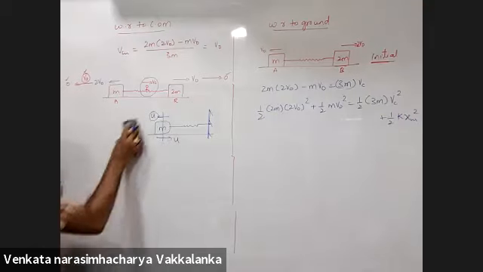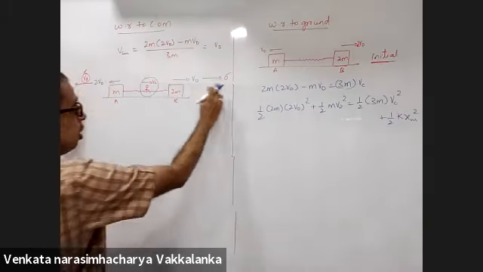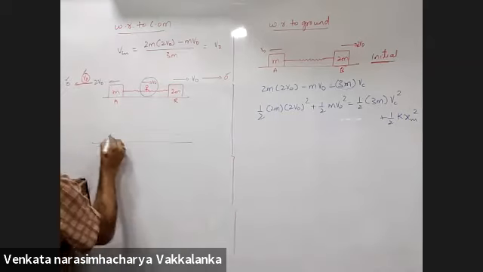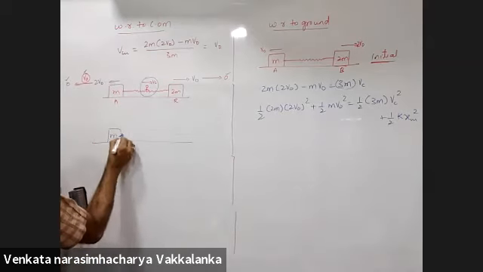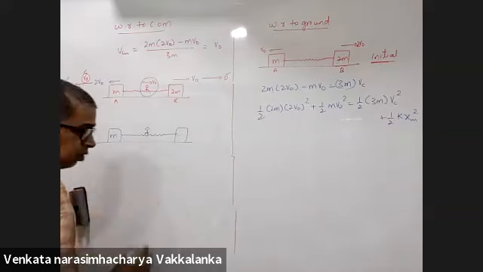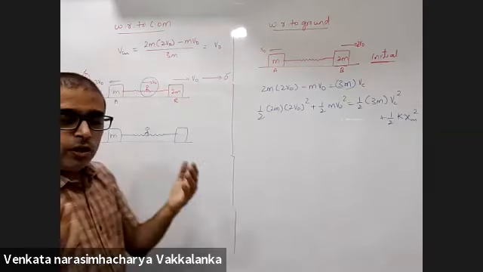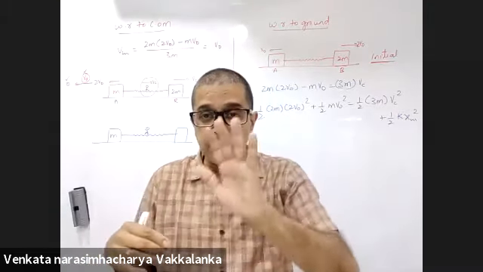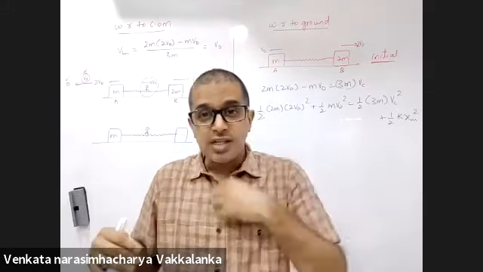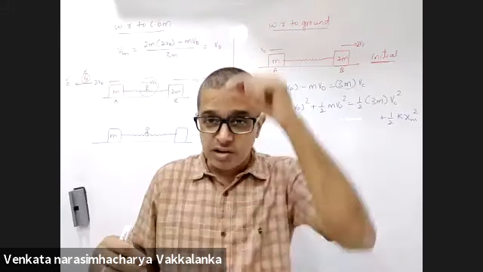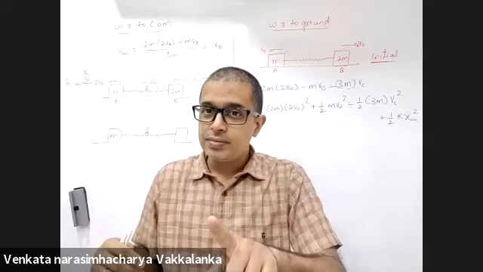Now, why are you telling me this here? I already reached a point where they come to rest, on their way back. When you are describing a motion with respect to the center of mass, the center of mass is at rest. It is a fixed point. With respect to center of mass, this point should be fixed.